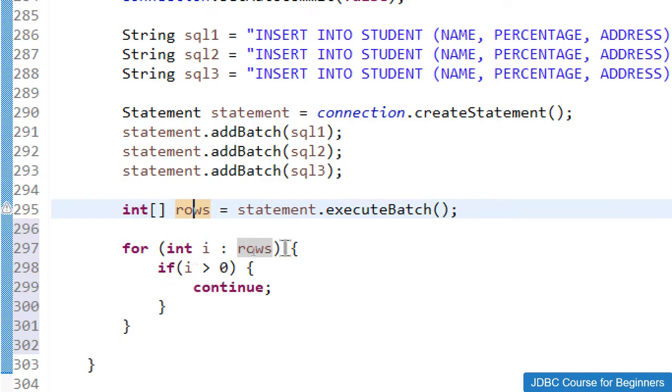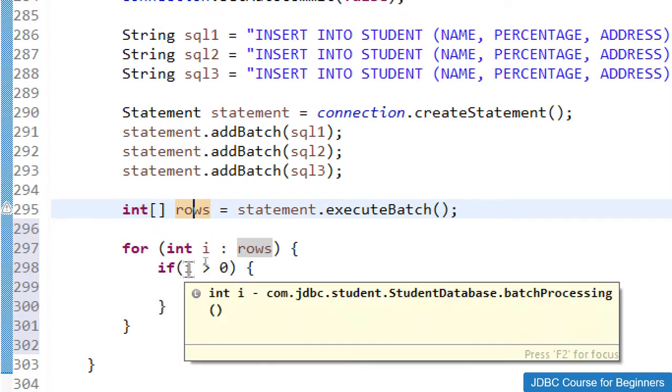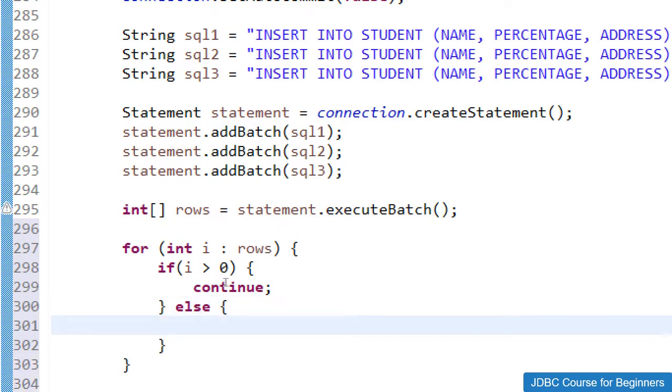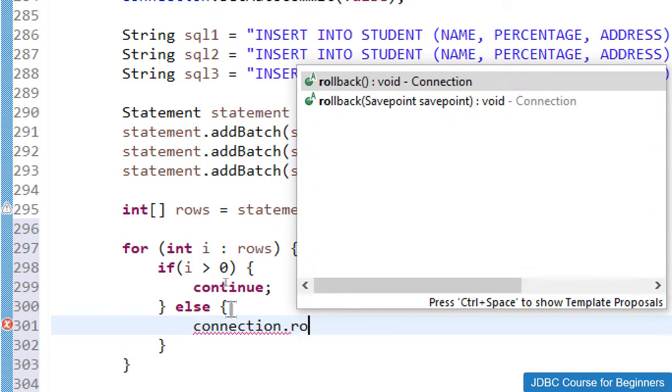And once the loop has executed successfully, at the end, if something goes wrong, for example, if somewhere this particular condition becomes false, then I'll do else connection.rollback.